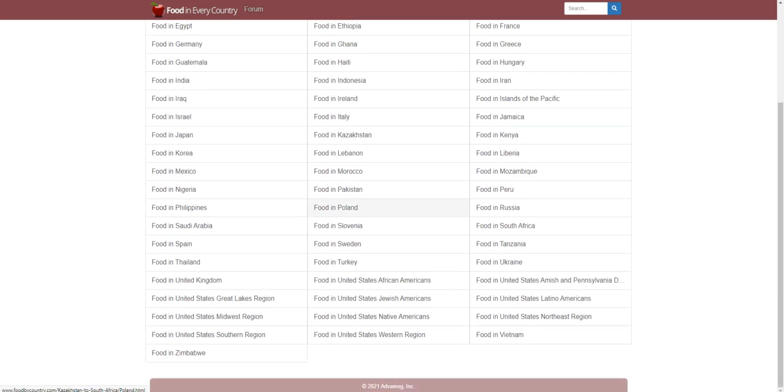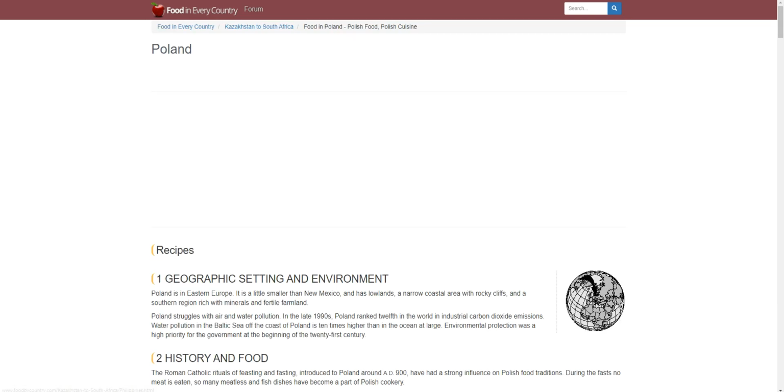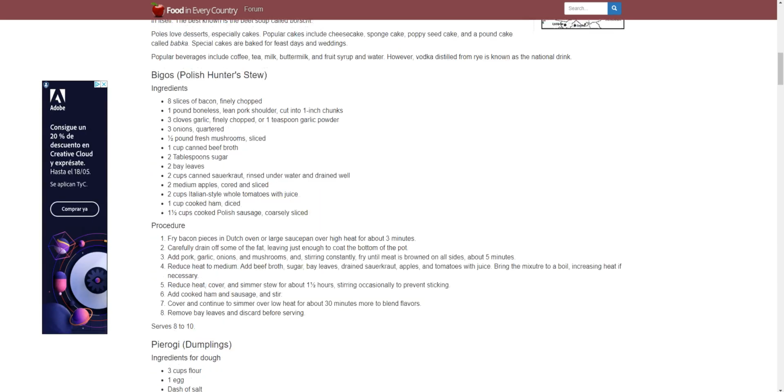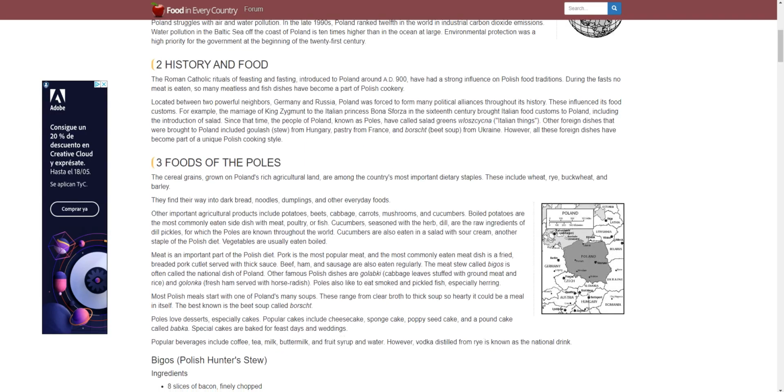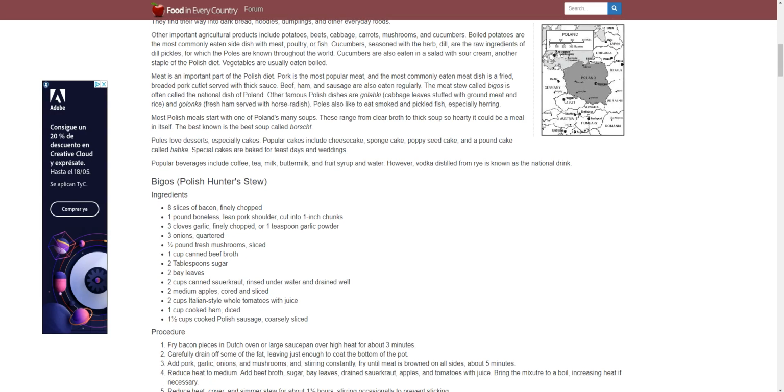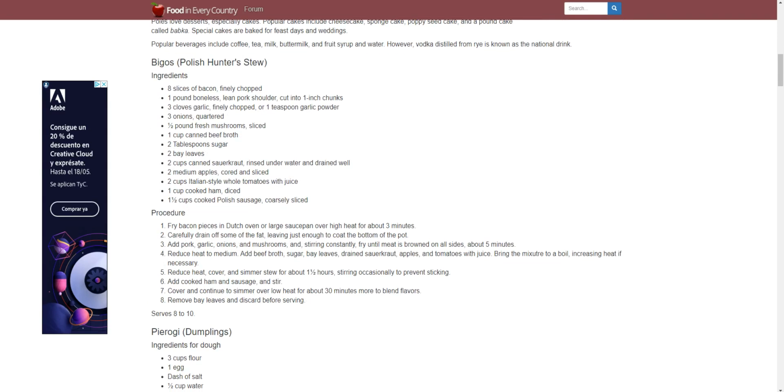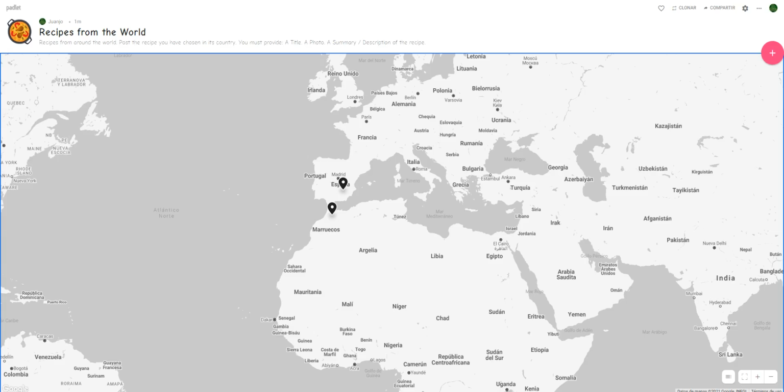Okay, choose a country, for instance, let's say Poland, food in Poland. Read the different characteristics of the gastronomy of this country and choose one of the dishes or typical dishes that you could find here in this web page. For instance, this dish bigos calls our attention and we want to post it in our wall map,